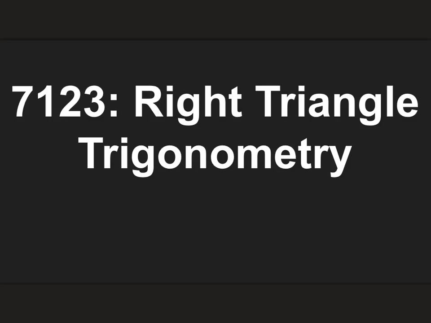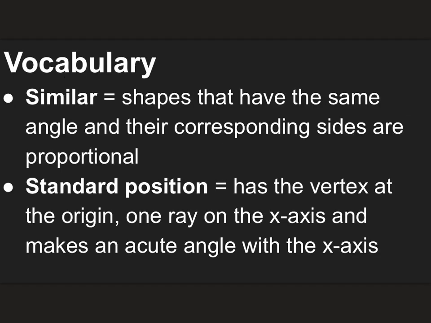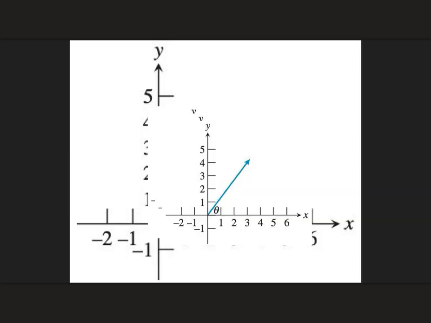Okay, welcome to lesson 7123, right triangle trigonometry. Look at our vocabulary: similar and standard position. Similar deals with shapes, and you learned a lot of this in geometry class, and we're coming back to it. All right, now when we're talking about right triangle trigonometry, basically,